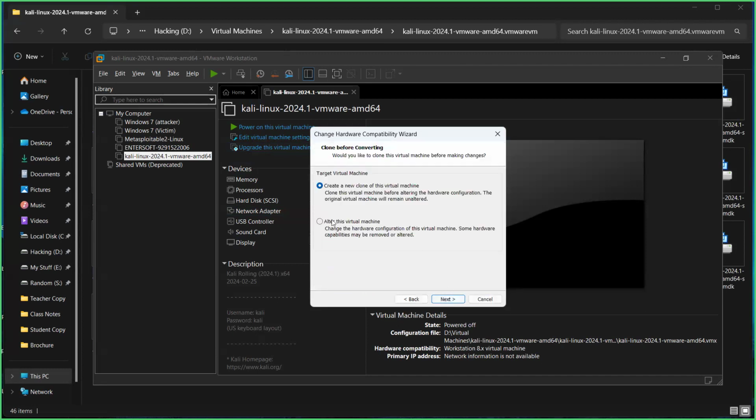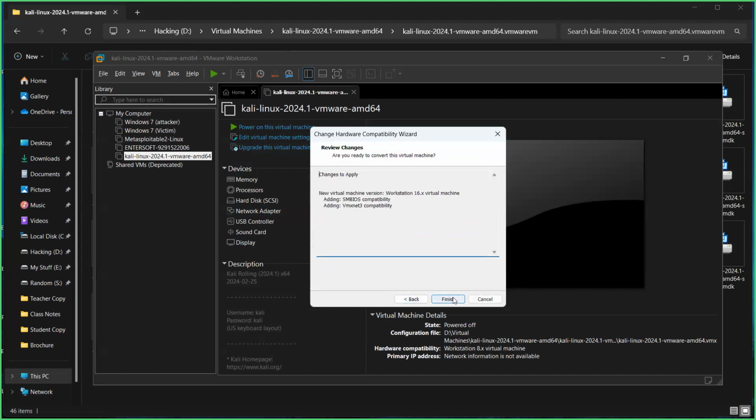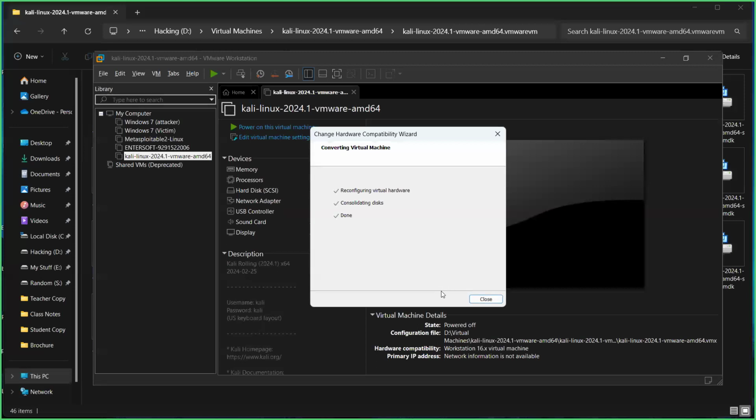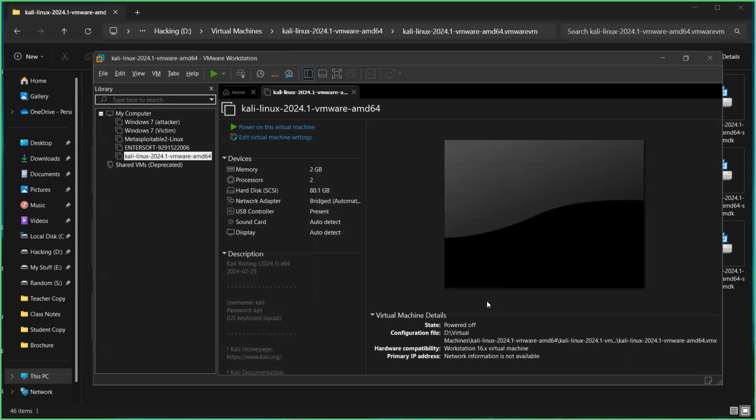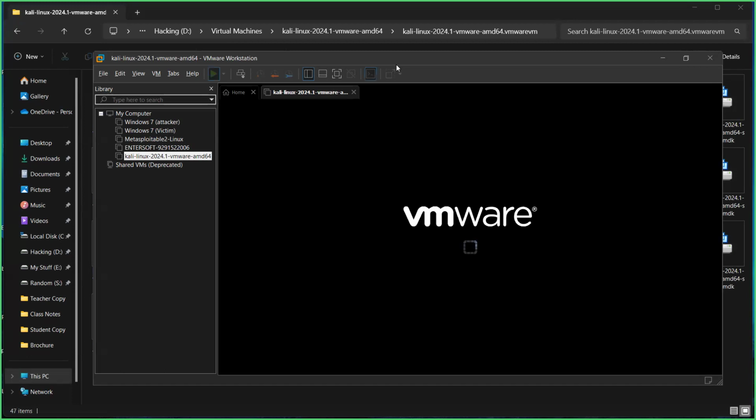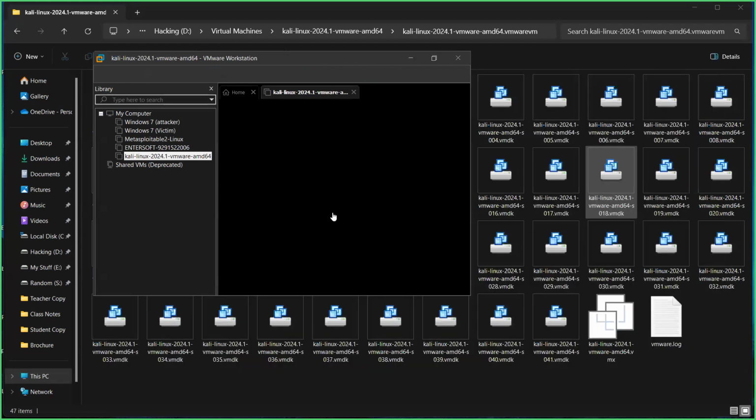And just click on alter this virtual machine. Don't create a clone. That will waste space again. We don't want to waste any space. Just click on alter this virtual machine. Click on next and click on finish. That's it. So this is a step only required if you're getting that error. If you don't get that error when you click on power on, you don't need to perform this procedure. No harm if you perform it as well, basically. So when you click on power on, this should start the Kali Linux virtual machine now.